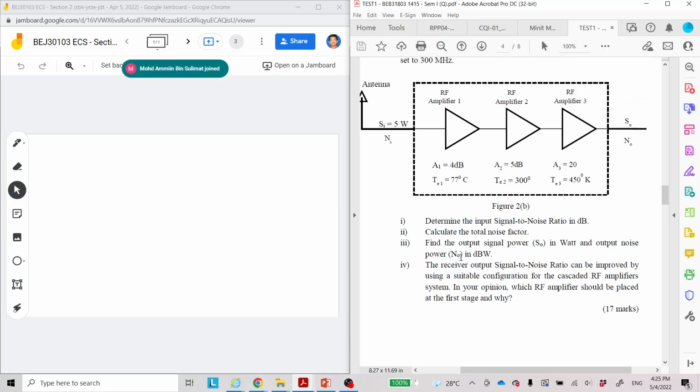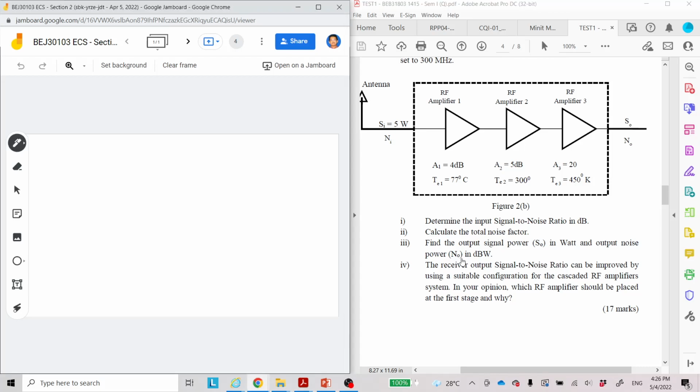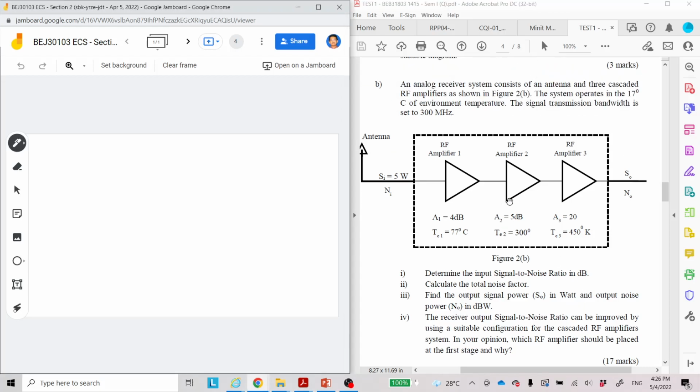Okay, so side by side like this. This is a good example to try. Okay, so you see that you are given the temperature, ambient temperature. You are given the ambient temperature is 17 degrees Celsius, which is equal to